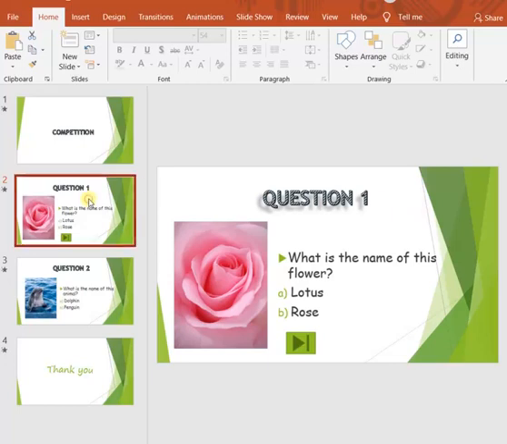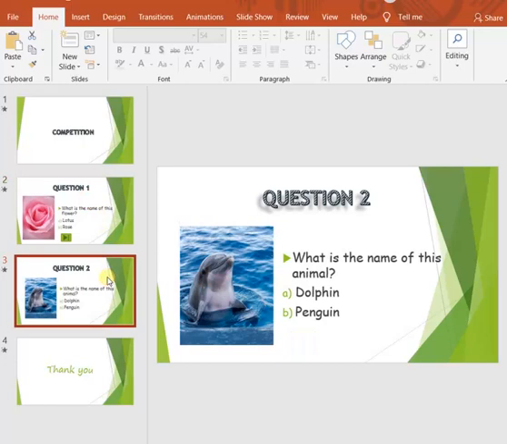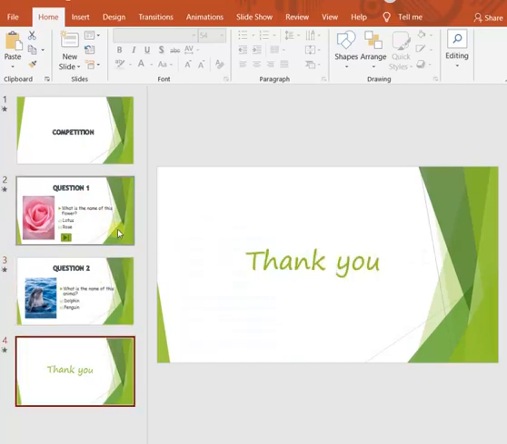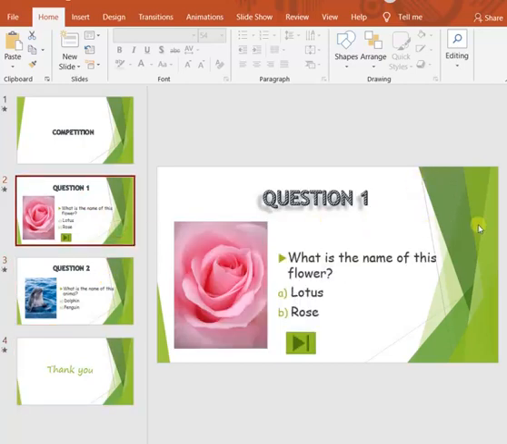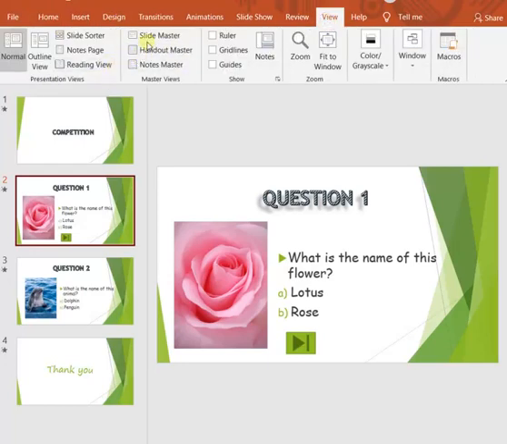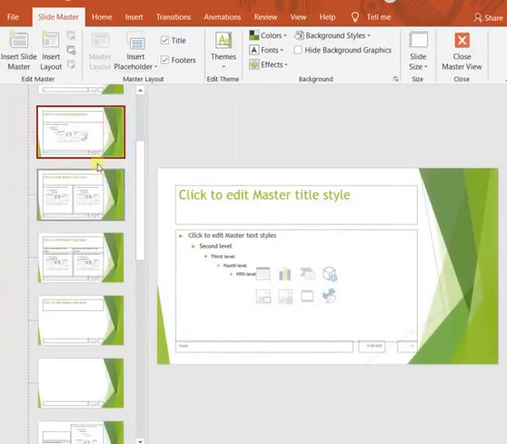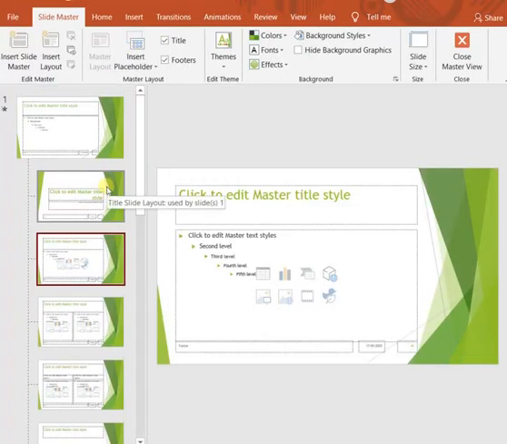Suppose in slide number 2, slide number 3 and slide number 4, I want to put a logo of the quiz on the right side. For that, we'll go to View, then Slide Master, then check which layout has been used by our slides 2, 3 and 4.